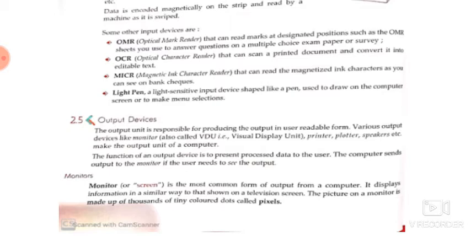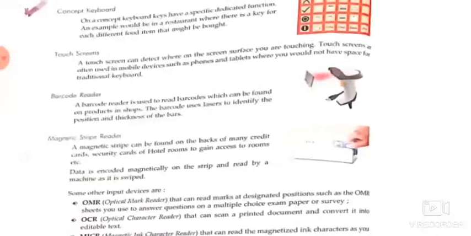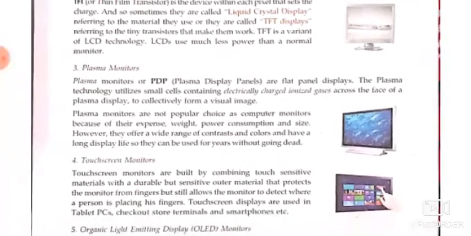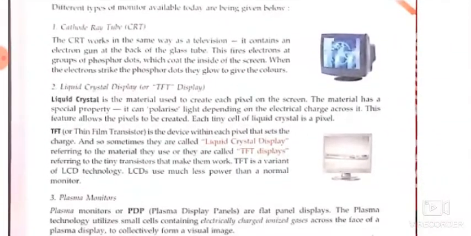First, the old one is the CRT monitor. If you remember, some years ago the monitors that were used were very big in size. The televisions also, if you have seen, were very big in size. There was a very big portion behind the TV or behind the screen. Those monitors were called CRT monitors. The full form of CRT is cathode ray tube, named so because of the technology behind the CRT monitors.